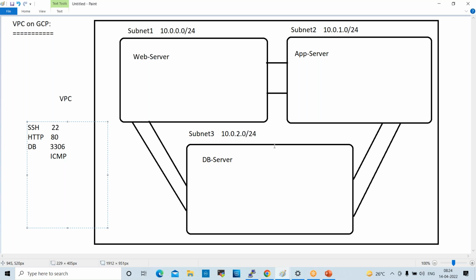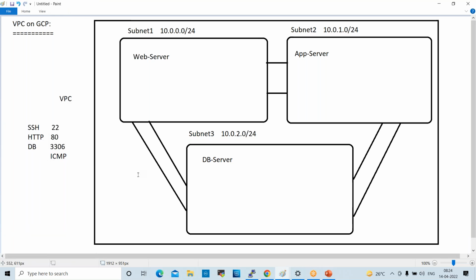So if you want to communicate with each other, if you want to enable traffic, we have to enable the ICMP port number, so that traffic will be allowed from one server to another server, one subnet to another subnet, right? So this port should be enabled so that we can communicate with each other, right? Now,